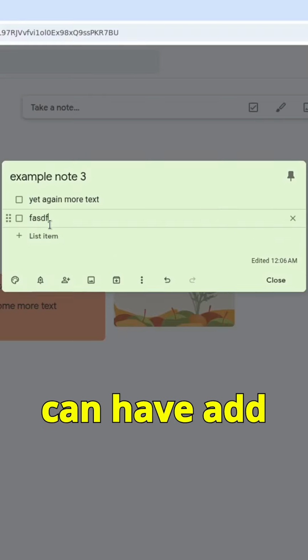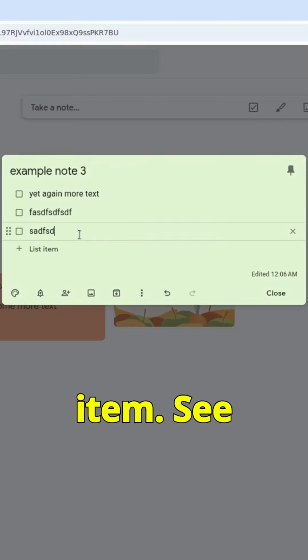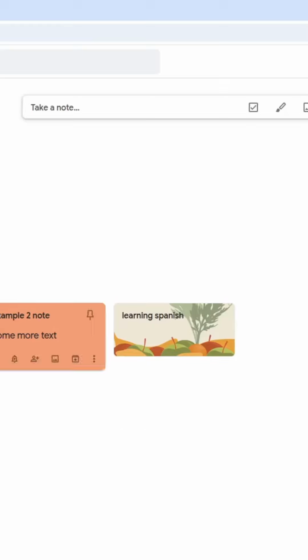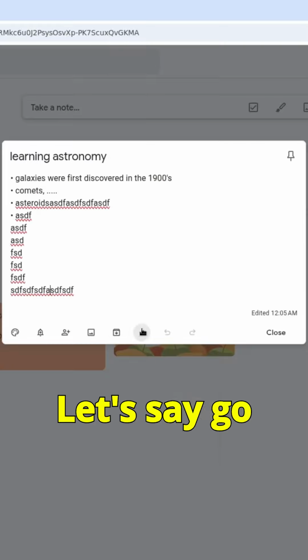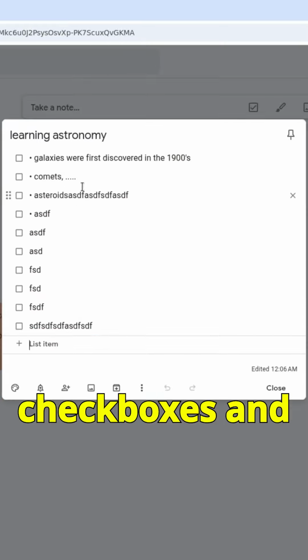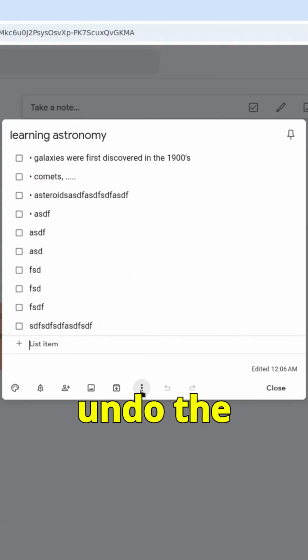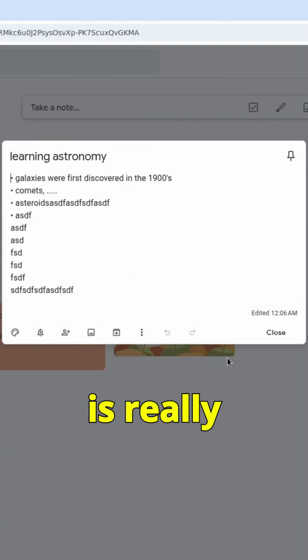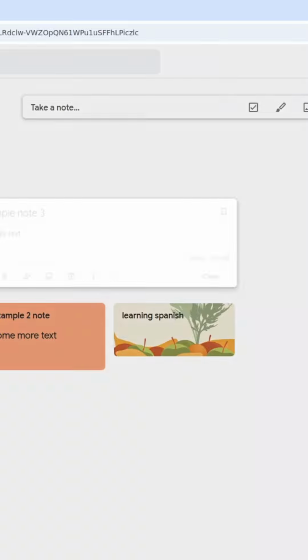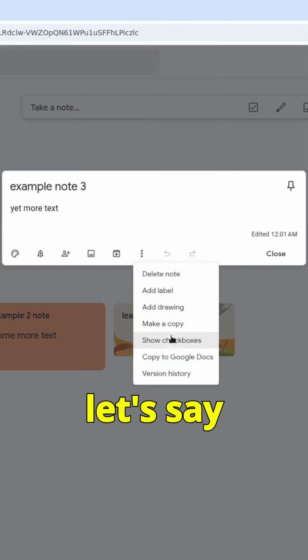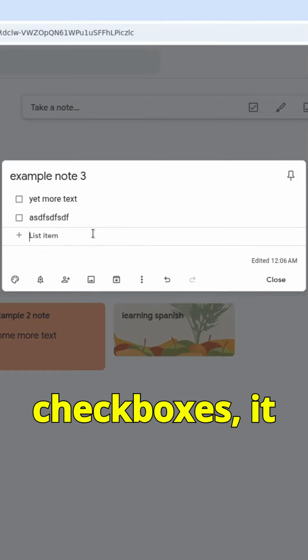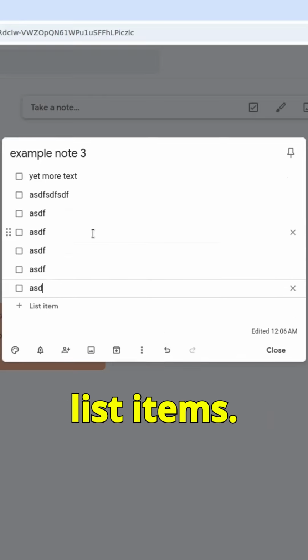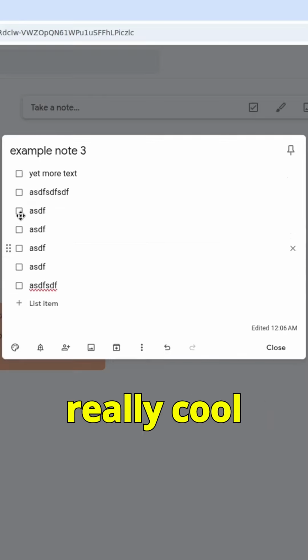You can add another list item. See, that's really clever, right? Let's say go back to the checkboxes, and then you can undo the checkboxes, which I think is really cool. And again, let's say checkboxes. So if you add checkboxes, it automatically adds them as list items, and it's really cool because you can move